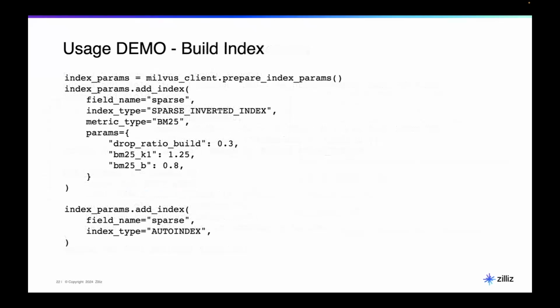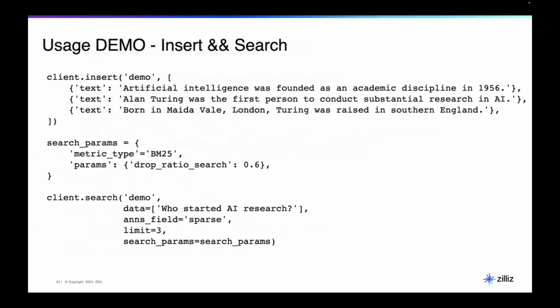Second step is you have to build an index on top of it. The index we're trying to build is the inverted index. We also have the graph index version, right? It's a bunch of parameters. You really don't need to worry about it. And third step is you need to insert your data. Your data is just pure text without any embeddings. That's a major difference between Milvus 2.5 and all the previous versions. For previous versions, it's almost vector in, vector out, so you have to do all the embedding generation by yourself. But right now with functions, it can help you do all the embedding generation. So you only need to offer the full text.